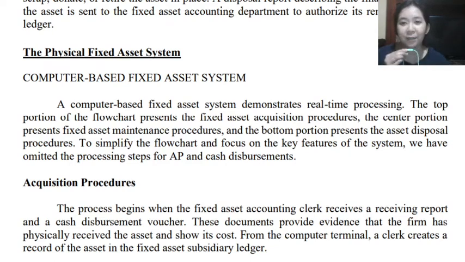Okay, so this next video lecture is still the continuation of our Module 6 Expenditure Cycle 2 for our fixed assets. So we are now in the physical fixed asset system. Okay, for the computer-based fixed asset system, here it will demonstrate real-time processing. The top portion of the flow chart in the previous page